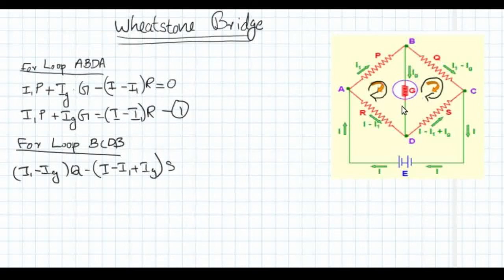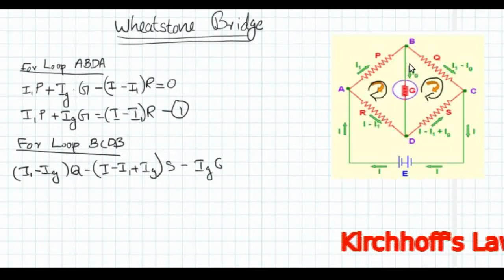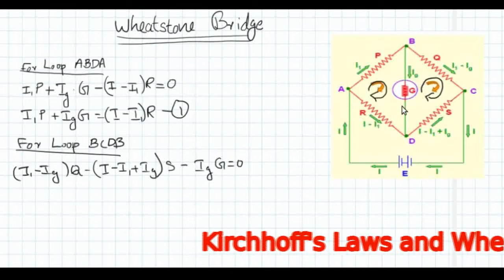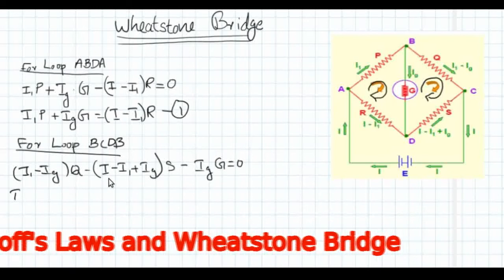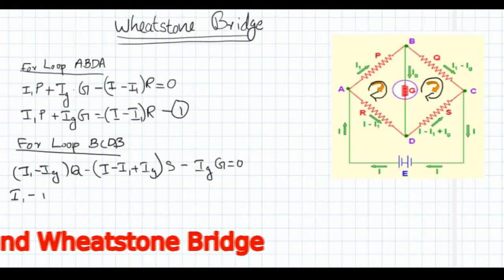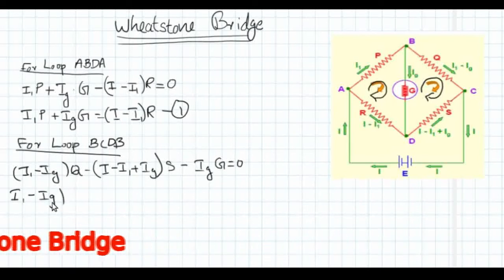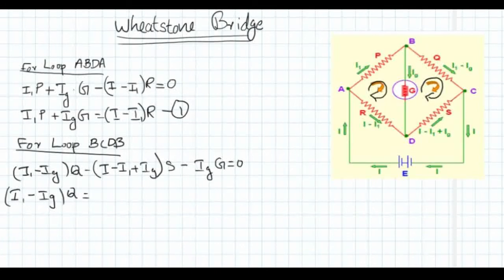And the next resistance is that of G, the galvanometer, and the current is not clockwise, so it is minus Ig into G is equal to 0. So this is the equation for the loop BCDB. This can be rewritten as (I1 minus Ig) into Q is equal to,